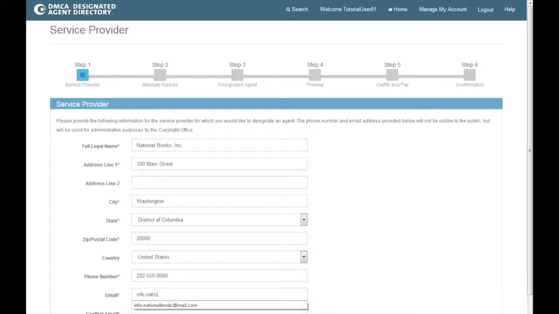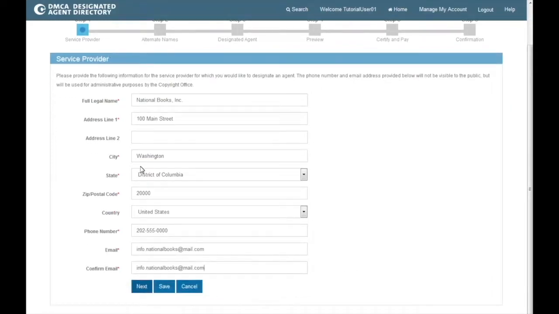A physical street address is required. P.O. boxes are not permitted without prior approval of the Copyright Office. The telephone number and email address provided here are for Copyright Office use only and will not be visible to the public. On this page and throughout the rest of the registration process, you can click Save to save your